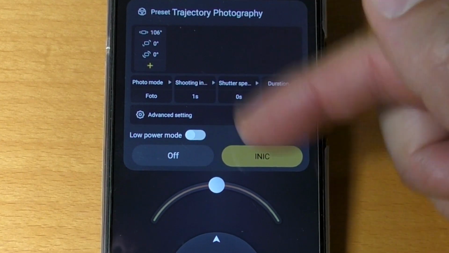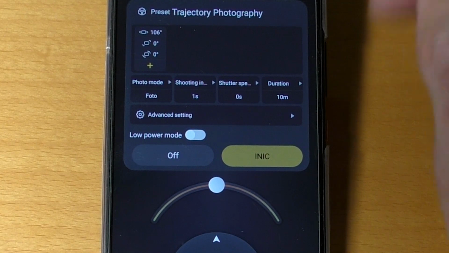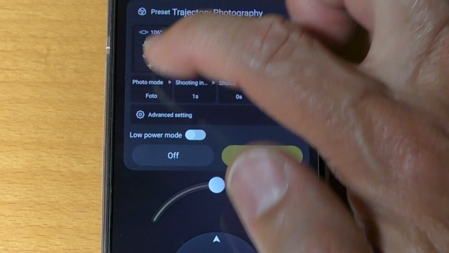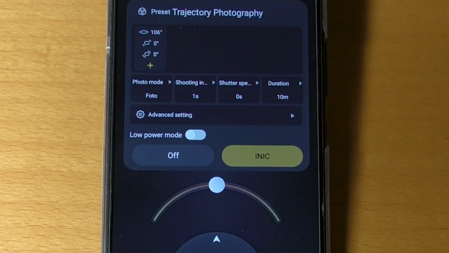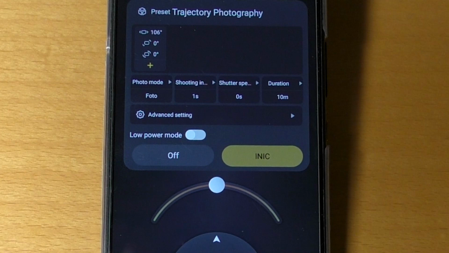In this case, a slightly different interface opens. Here I have to choose some points. That points define the path along which the camera will move to record the moving time-lapse. The first point is already marked in the screen. It reflects the position that camera has right now on the gimbal. If we want to modify it, of course, we can do it.